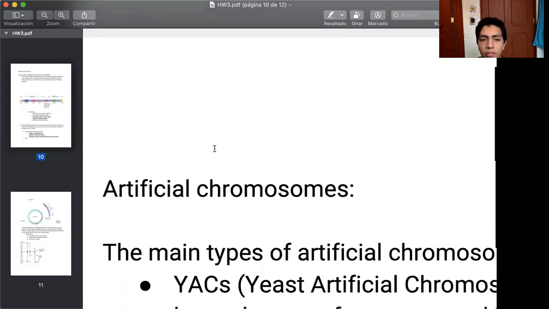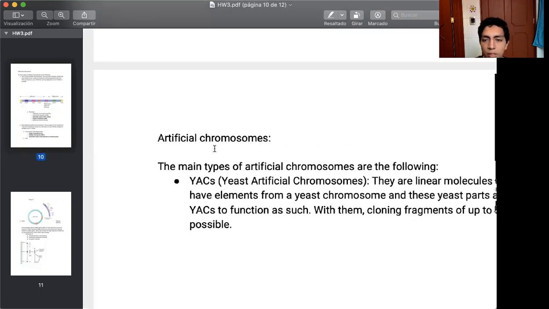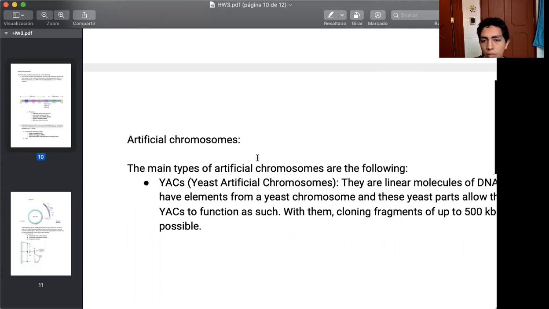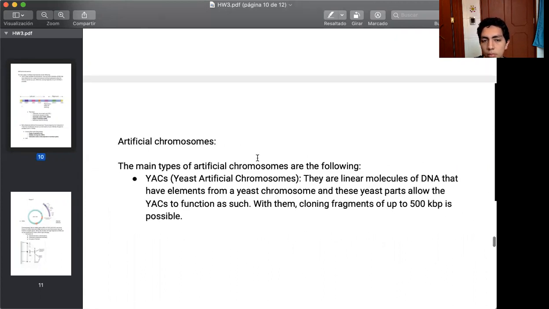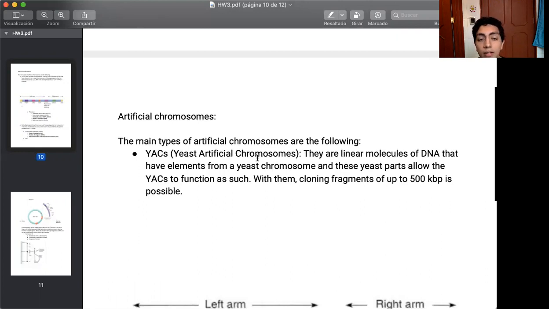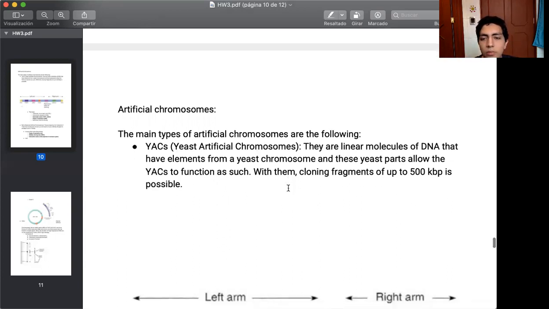And in this video, we're going to talk about artificial chromosomes. Well, we know about some already existing artificial chromosomes. The main types are the following. We know about the yeast artificial chromosome, which are linear molecules of DNA that have elements from yeast chromosomes, and these yeast parts allow the YAC to function as such. With them, we can clone fragments of up to